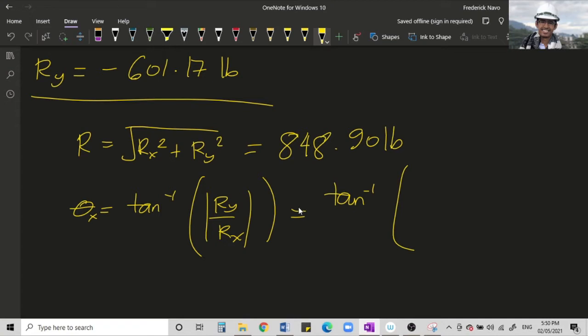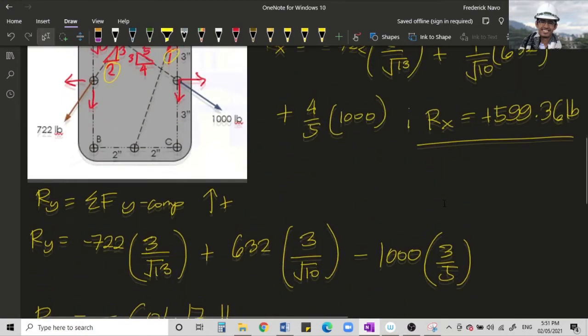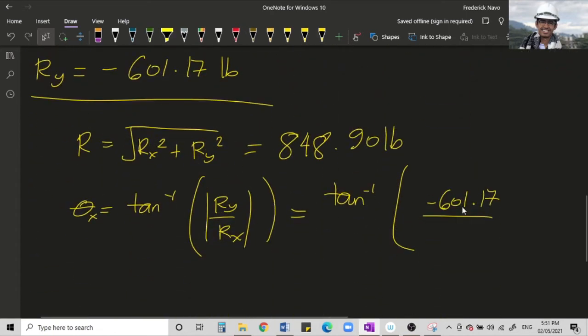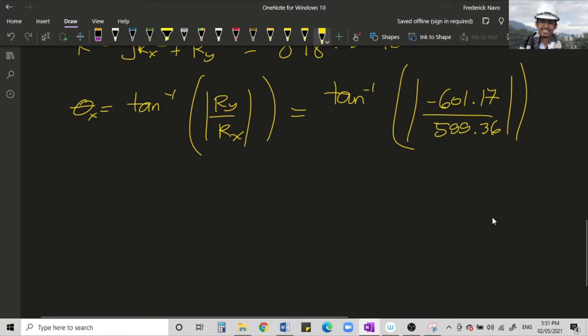So that is negative 601.17 over, for the Rx, that is 599.36. So the absolute value, class, no? So that will give us an angle theta x is equal to 45.09